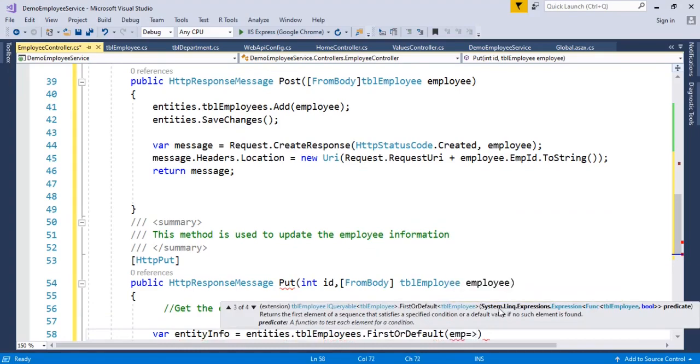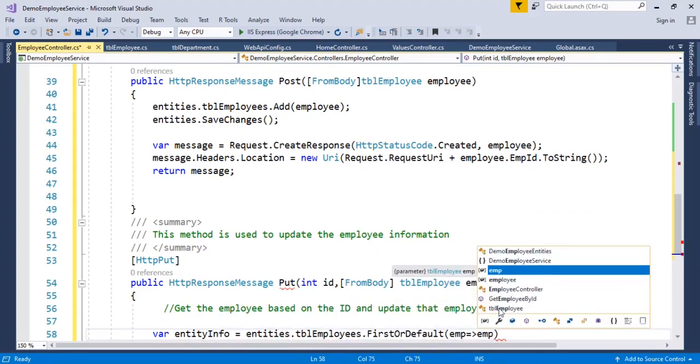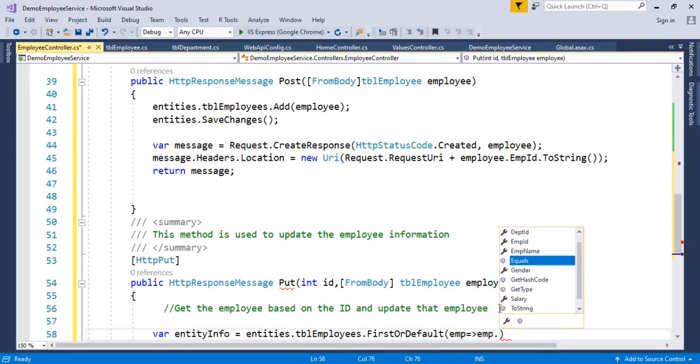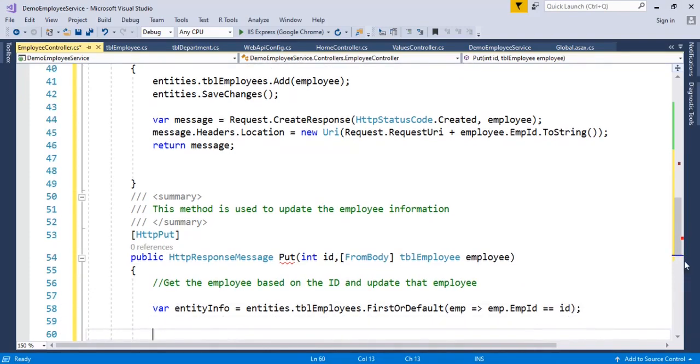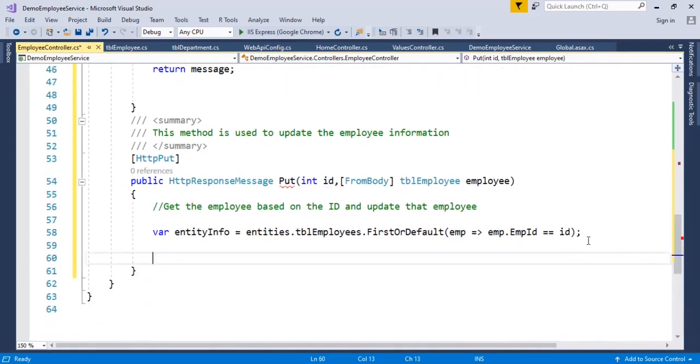This is what we call a lambda expression: employee dot employee ID equals to this id. Based on this id you will get the record.